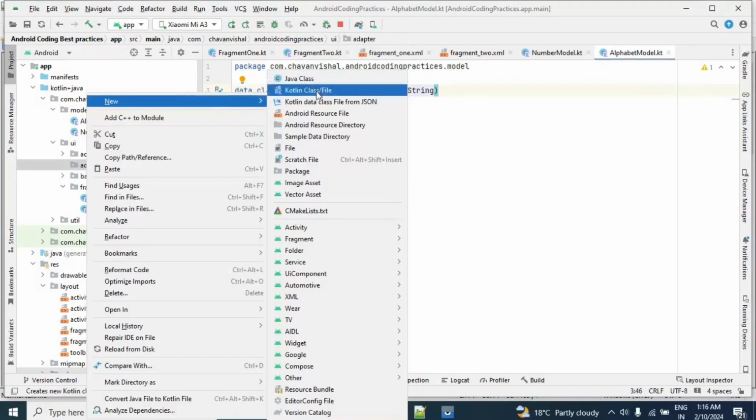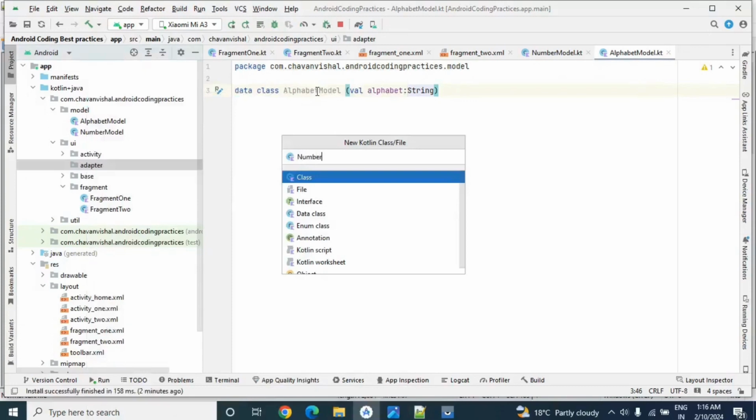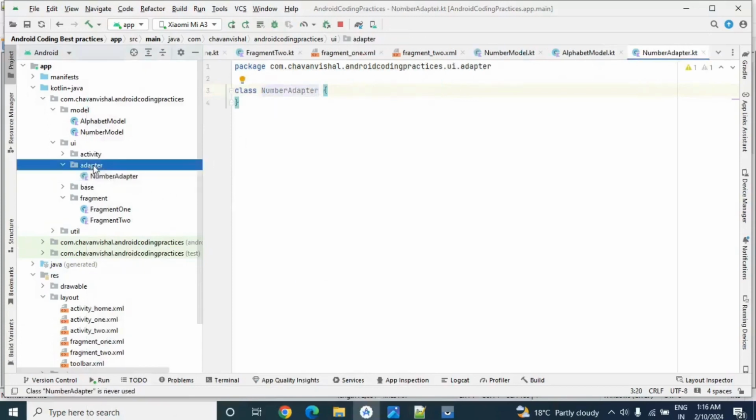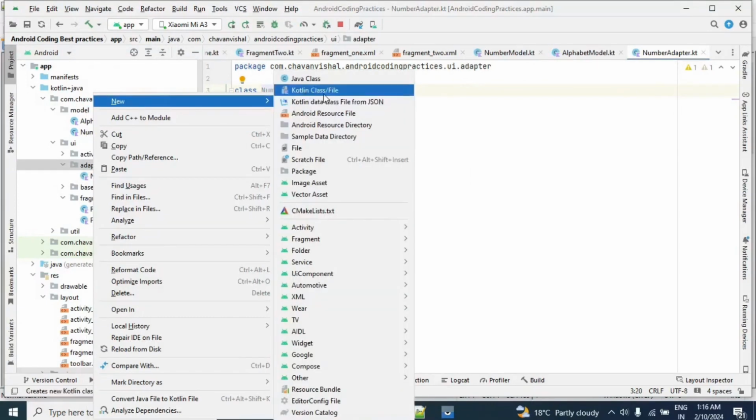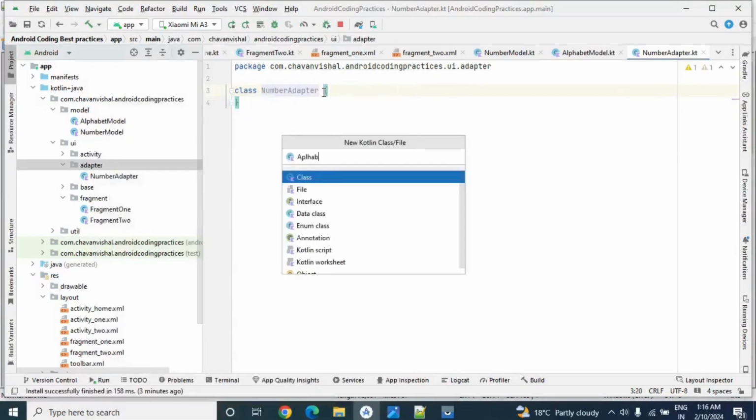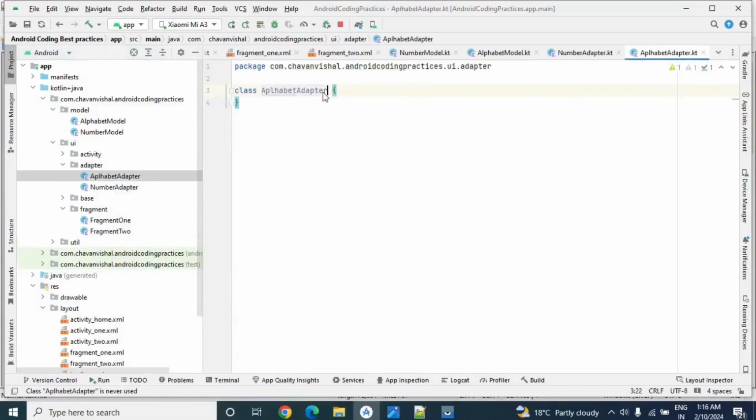Now let's go to adapter. Here also we will create two adapter, like number adapter and alphabet adapter. Okay, so what we have done, we have added the recycler view in XML.